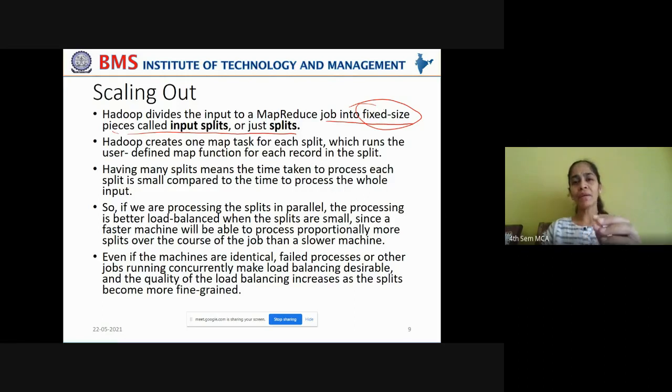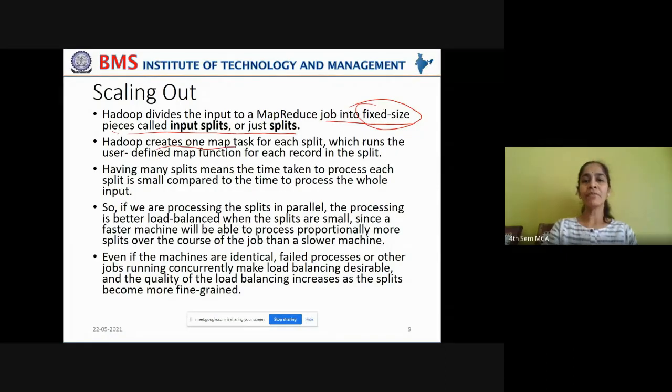Every topic or every point, when I put it across to you, you should think on that. Rather than leaving your ears to me and thinking somewhere else, just think on each and every point I'm putting forward to you. Then immediately you will have some doubts if you are keeping track with my explanation. Students, you have to focus.